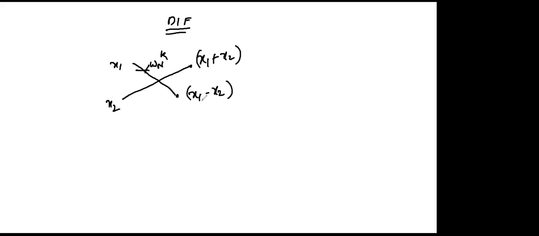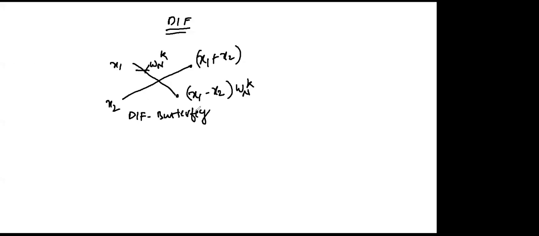Algorithm. What is the change? I said last class itself. First is the butterfly. That is very important. This is the butterfly omega and k. If the input is x1, x2, then this is the output. This is your x1 plus x2, and this lower one is x1 minus x2 omega and k. This is important. This is your DIF butterfly. We have to use this butterfly to write our equation. Okay, so this is very, very important.